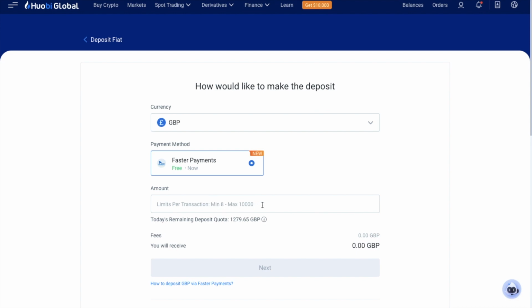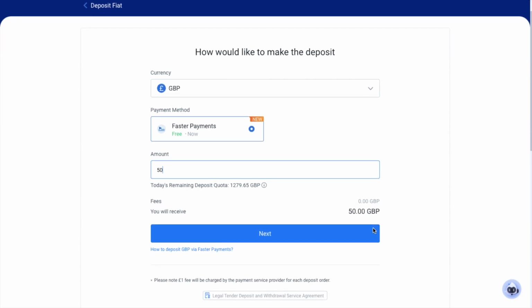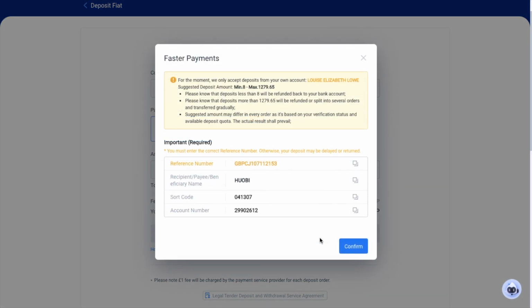And you'll see there's a minimum of £8 and a maximum of 10,000. For the purposes of this tutorial, I'm going to transfer £50. And if we then click on to Next, you'll receive all the bank details that you need to send your funds to. So at this point, you'll need to head across to your online bank and send your funds across